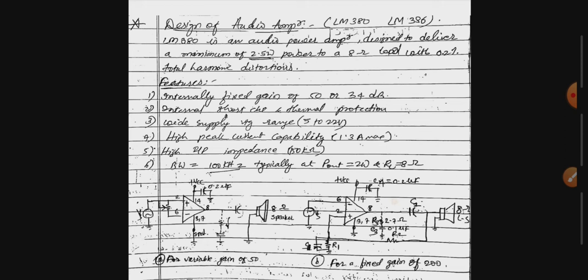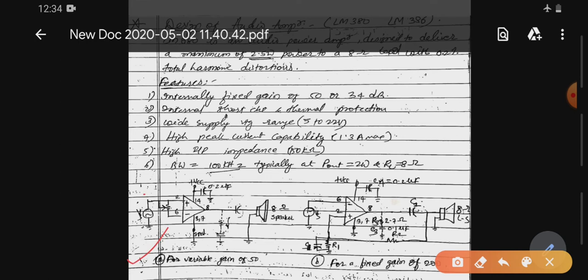There are two circuits. In the variable gain circuit, the audio input signal is applied between pin number 2 and 6. Basically it is an operational amplifier which has two inputs, inverting and non-inverting. Pin number 2 is non-inverting, 6 is inverting, and in between them a variable resistor is connected, called the gain adjustment resistor or potentiometer, through which we can control the volume, the volume control pot. Pin number 14 is plus VCC, 3 and 7 are ground, and 8 is the output pin.